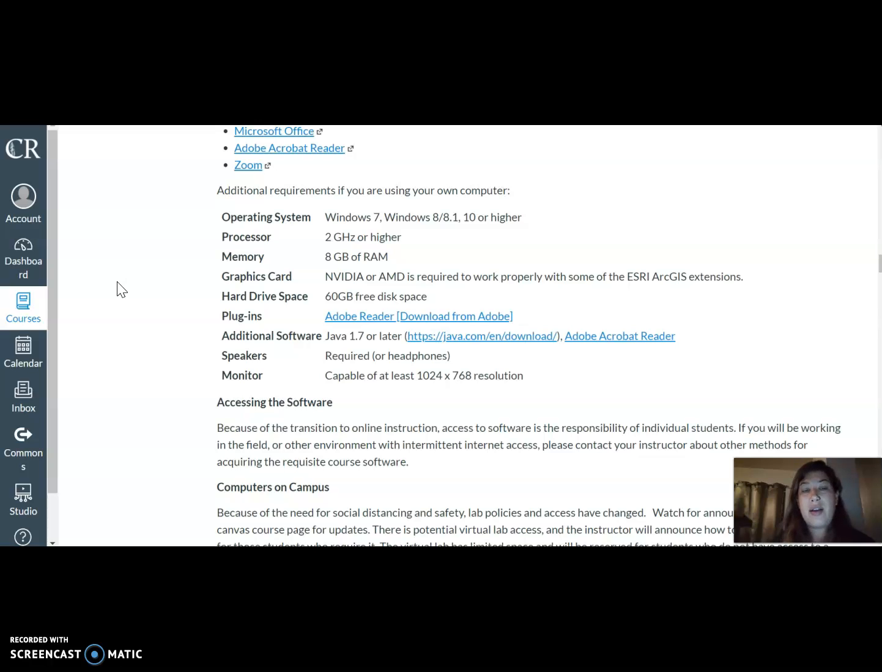You need to have 8 gigabytes of RAM. You can technically get away with less than that, but I wouldn't recommend anything less, just as far as all the different types of files we're going to have to download and run. It would be better if you had 8 gigabytes. You also will need to have